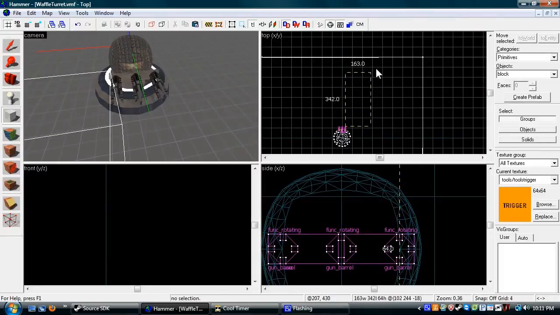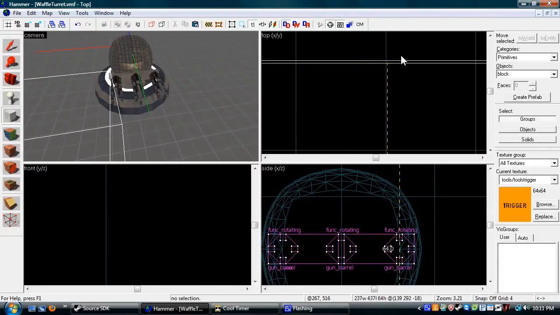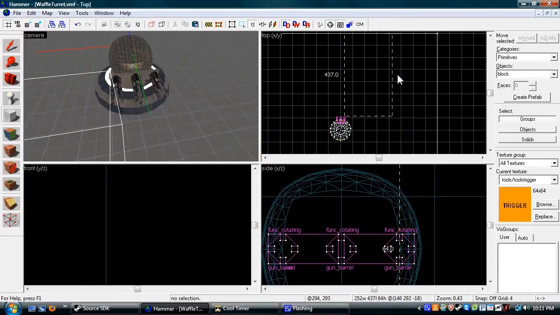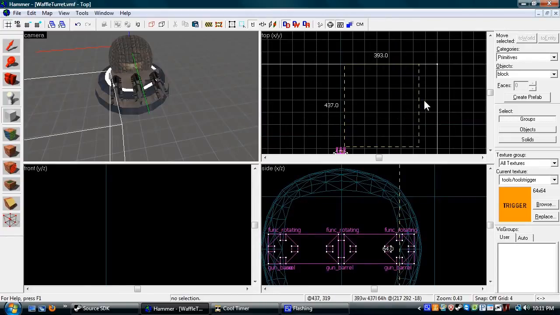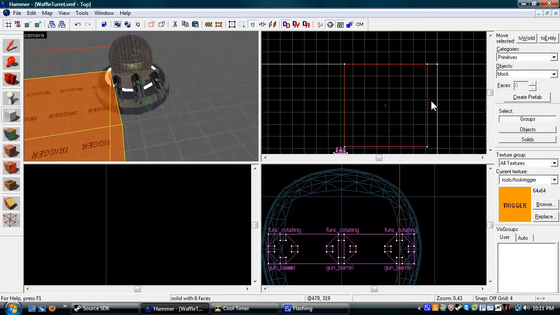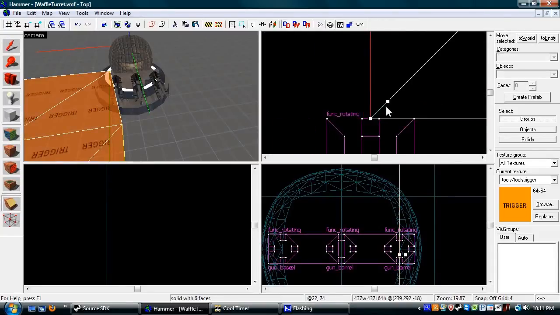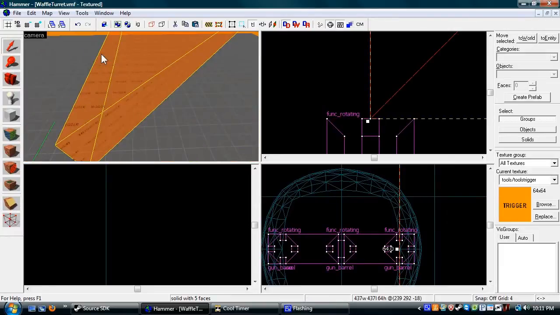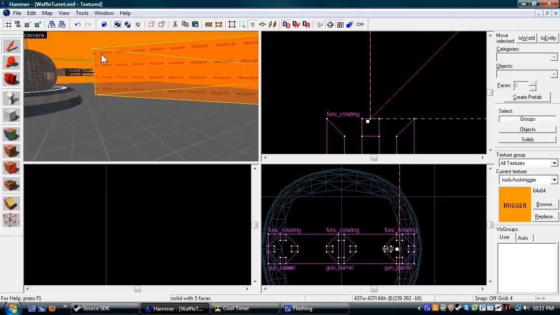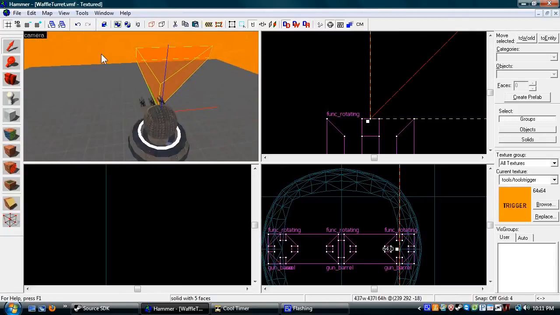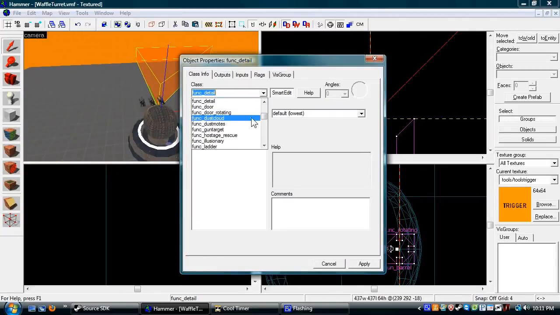This is your gun's view radius. So I make mine a perfect square, 437 by 437. And then I take my clipping tool and I cut on a 45. Leave the inside so I can only see that. And that's the gun's view, basically. That's all it is. So now press Ctrl T on it. Make it a